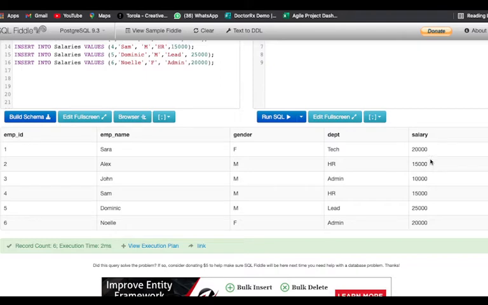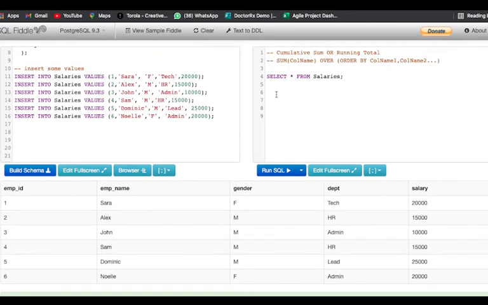So you're noticing we are adding the subsequent rows and getting the cumulative sums. For the next 15,000, you guessed it right, the cumulative sum will be 20,000 plus 15,000 plus 10,000 plus 15,000, right? So now let us understand this by writing our SQL query for that.